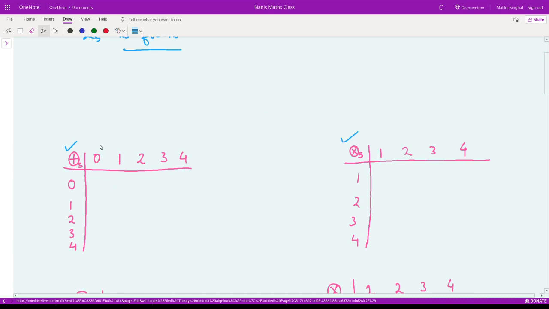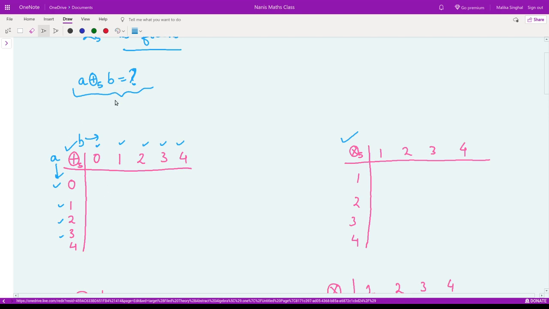So we need to see how these tables are constructed. We just list the numbers here horizontally and here vertically, for addition mod 5. We need to fill up this table. How can we do that? For that we need to see how this operation operates on every two elements. This is the entry for A, this is the entry for B. We need to check what A addition mod 5 B is for every number listed here. This would be different from the normal addition. That's why we require these kinds of tables. So how does this operation work?